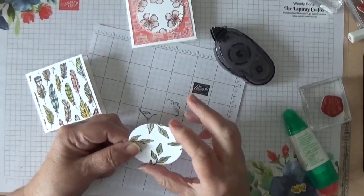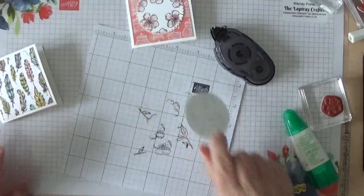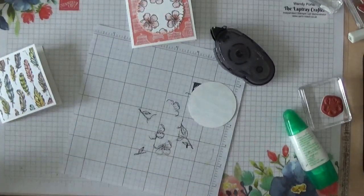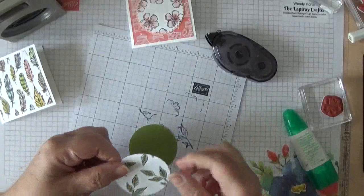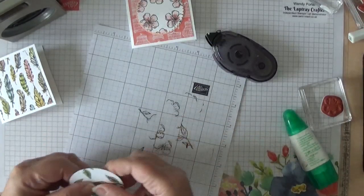Do you think that needs something round the edge of it a bit? I think it does. I'm going to see if I can find a piece of old olive cardstock. Bear with me a minute. Now, this is going to be the same size circle, isn't it? So all I'm going to do, I think, is just put it like so, and then do just like,